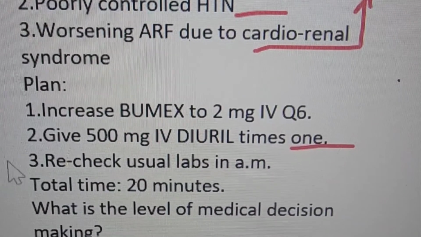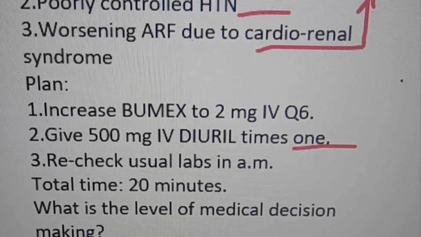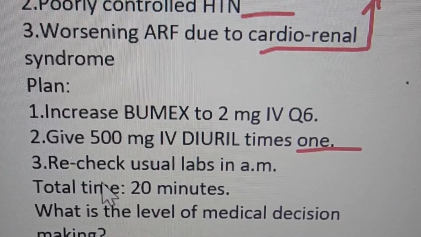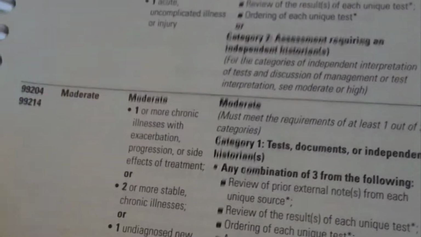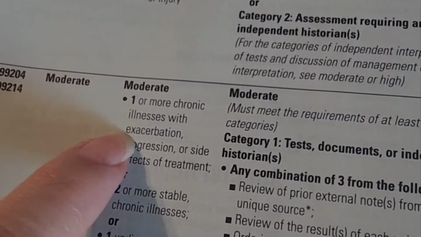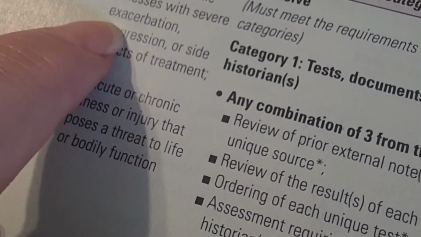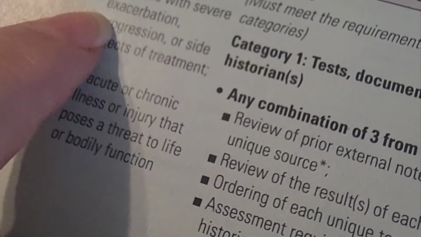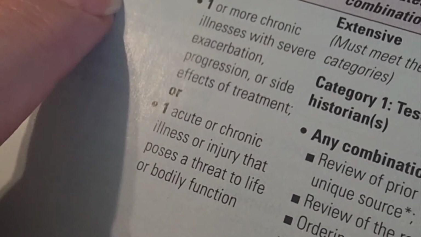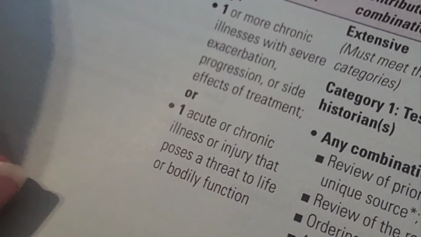So this patient is in trouble if we don't intervene, and we did review some labs. So having 1 condition that is exacerbated is one thing, but having multiple exacerbated, plus reviewing extra labs, plus ordering some medication to go along with that, I would extend this one to being a high level or a 5 or